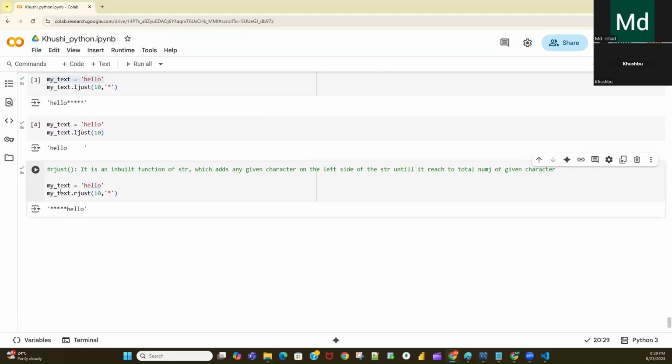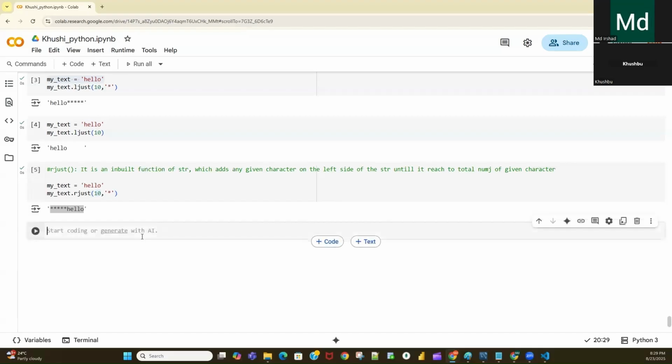So if I execute, this time it is adding a total of 5 characters here because 5 characters are already present in this given string. So if you count this, the total will be 10. So this is your RJust function. Now there is something called the zfill function.